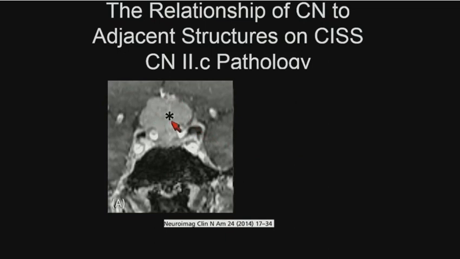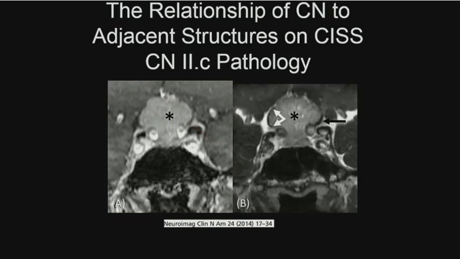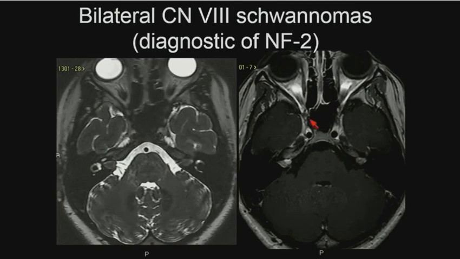Here is a suprasellar meningioma enhancing on this coronal T1 weighted image, but we cannot see the optic nerves all that well. After we give contrast on CISS imaging, however, notice the displacement and deformity of the optic nerves on either side adjacent to this meningioma. More typically, we're looking at schwannomas in the subarachnoid space, and here are bilateral filling defects